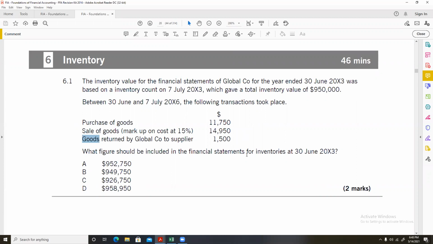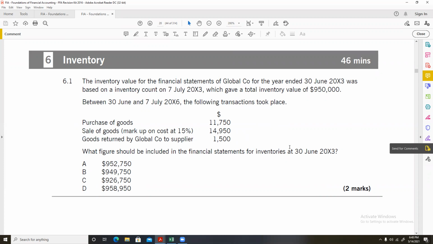In this video I will solve a few questions from the accounting for inventories chapter from the ACCA paper F3 financial accounting. So let's start. Now here I would like you to pause this video and go through the question once, so it will make things easier for you.